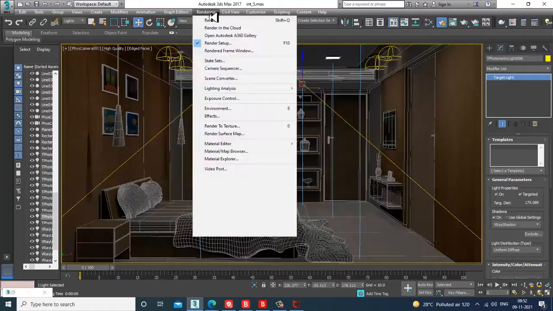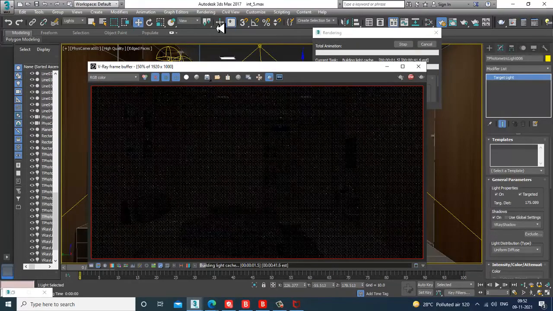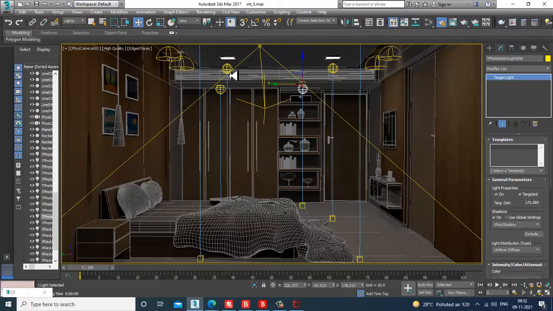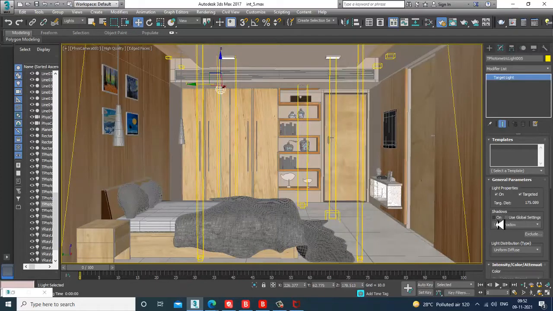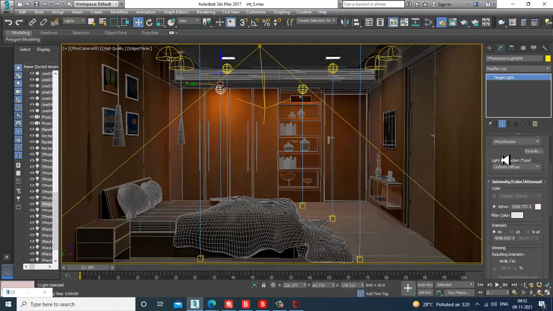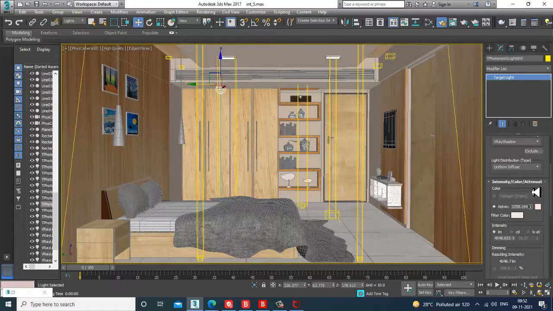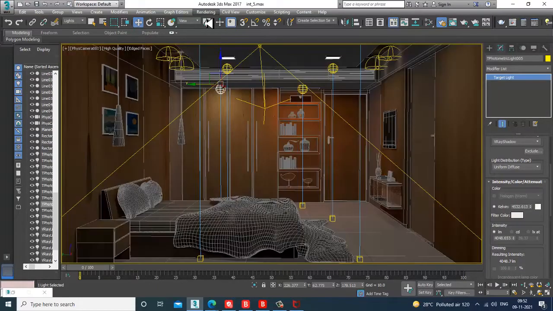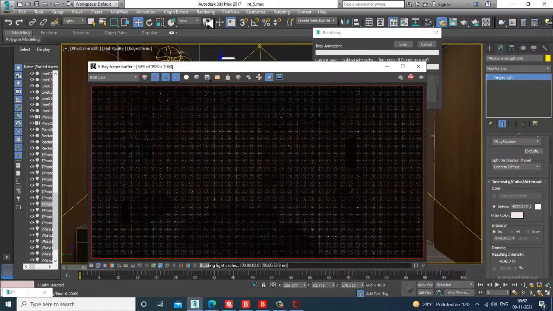So let's see how it looks. Turn off the shadow. Just render it again and let's see.